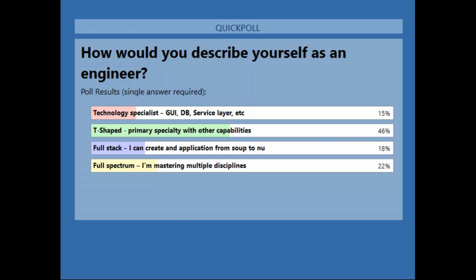Yeah, I would have expected the T-shaped and full stack to be reversed. I would have seen more full stack engineers and less T-shaped engineers. Well, when you start looking at DevOps teams and you have T-shape versus comb shape and all that, the T-shape is the dominant form. I thought that was more of a team concept rather than an individual. But nevertheless, the numbers speak for themselves.